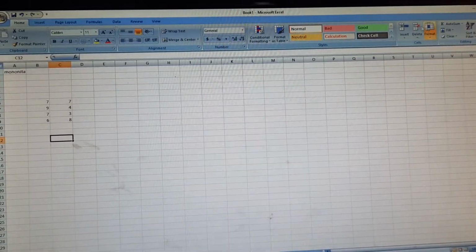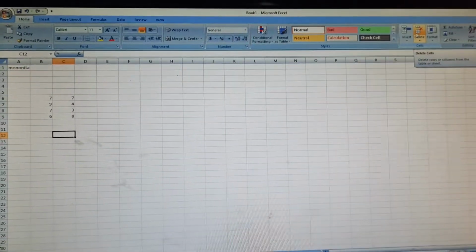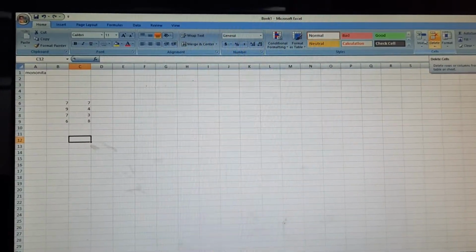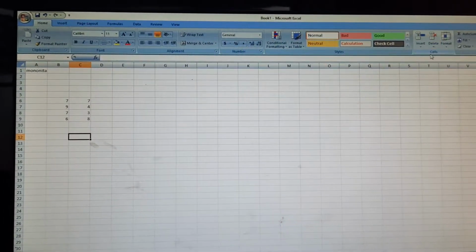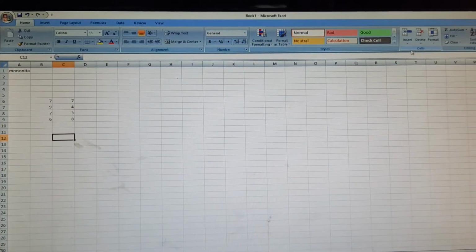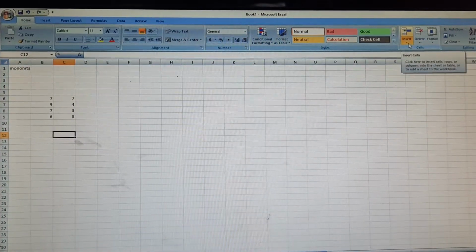See, here the cell is there. In the home tab only, as you go here, you can see the cell option is there. So as you see, it is insert.